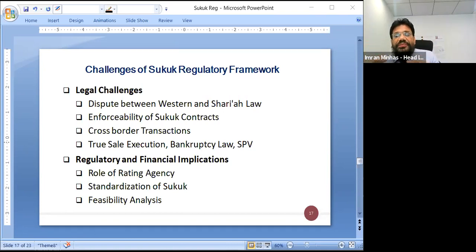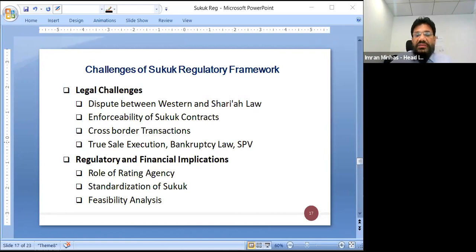So for the way forward, closer engagement between the key players, regulators, Sharia advisors, and scholars in the industry is needed to discuss and improve the feasibility of these regulatory and financial implications. So therefore, again, I suggest a robust regulatory framework for issuance of Sukuk. It is a must before developing a Sukuk market in the country. While drafting and introducing a regulatory framework for issuance of Sukuk, which areas need to be covered at least, I'll discuss in the next slide.